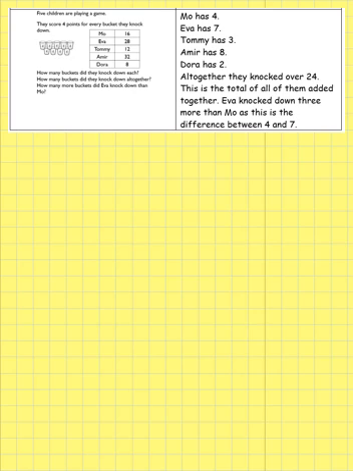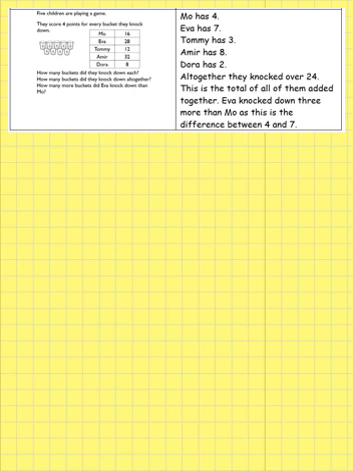So the first part of this question is getting us to work out how many they knocked down each. Now there's a couple of different ways that you could do this. You could either take the total that they've got and divide it by 4 to work out how many buckets they knocked down, or you could count in your 4s until you get to the answer in which they have scored. So for example, for Mo, 16 divided by 4 gives me an answer of 4 buckets,